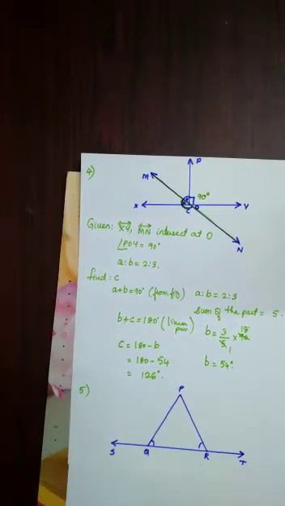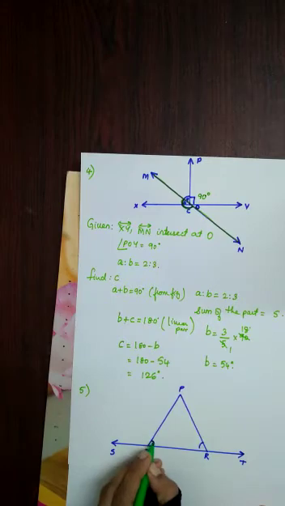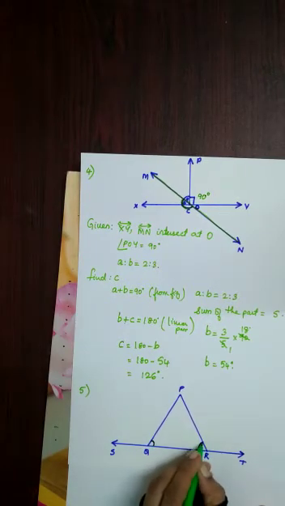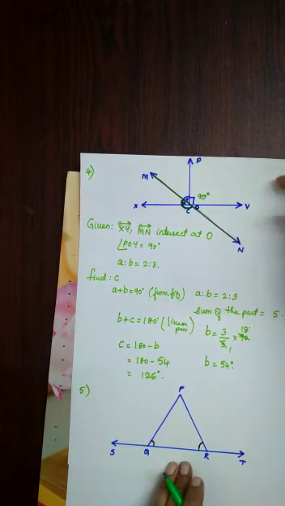Let's solve the last sum of this video, children. The fifth one, I am reading the question. You please look into your books. This is very simple. In the given figure, angle PQR is equal to angle PRQ. Then prove that angle PQS is equal to angle PRT. They have given angle PQR, that means this angle and this angle are equal. We have to prove that angle PQS is equal to angle PRT.